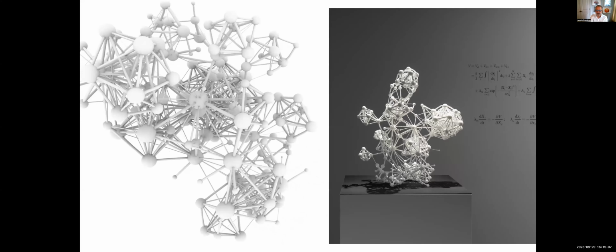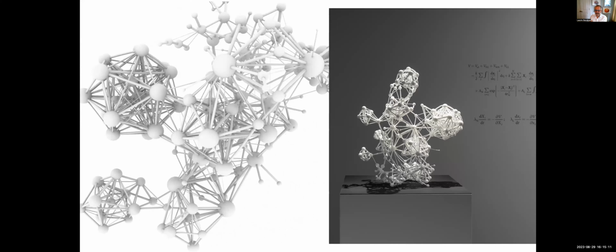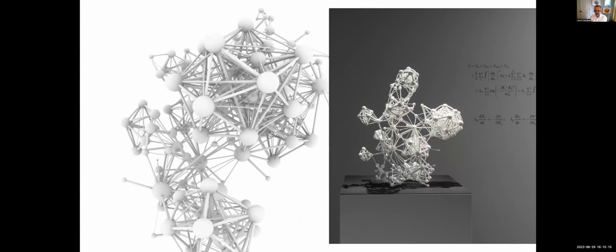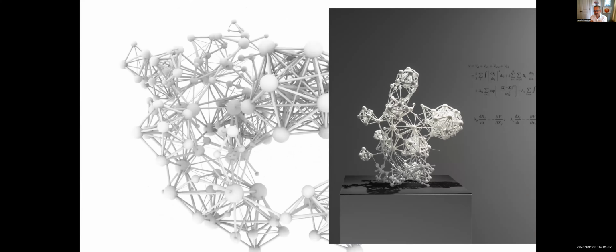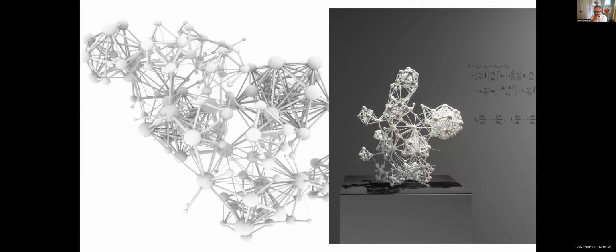These correspond to groups of foods that are very similar in their chemical composition, like fruits, different types of meats, or different types of drinks, that then actually work together. To see this better, I'm showing you here how this was shown at the ZKM Museum in Germany as a sculpture, because once we had the layout, we could go ahead and 3D print this particular sculpture.